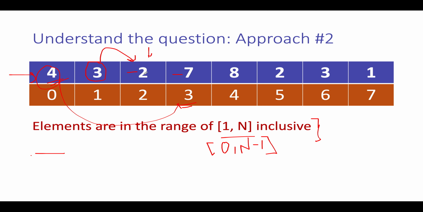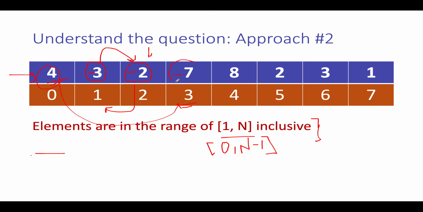Next we have is minus 2. So even before starting the operation, you need to take the absolute value. We will reduce 1 from it and we will jump on to the first index and we will negate it. So this gets updated to minus 3.